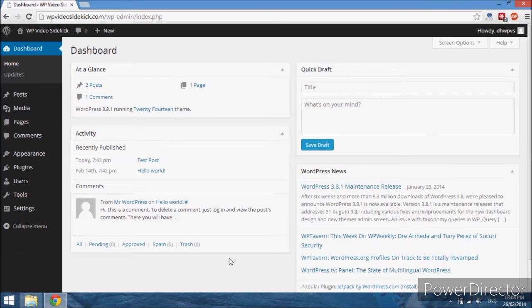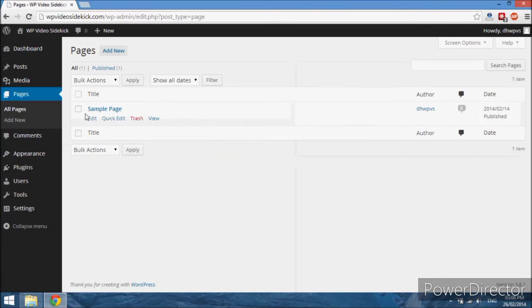The process for creating a page is very similar to creating posts, and to do this we go to pages, and we will see a list of all our existing pages. A sample page was created during our installation of WordPress, and again, you should trash this page because of course it's there for demonstration, but I won't do that just yet, just so that you can see how pages will be displayed on our website, especially after we create our new page. So to create the new page, we just select add new,